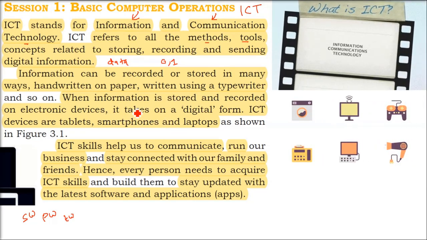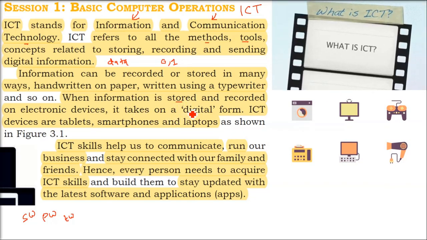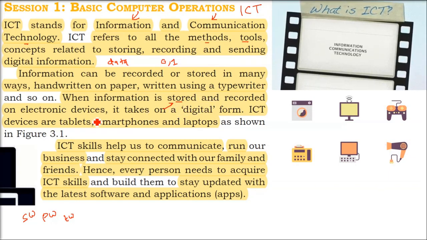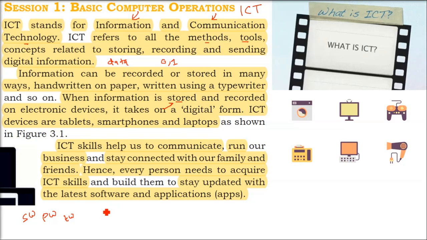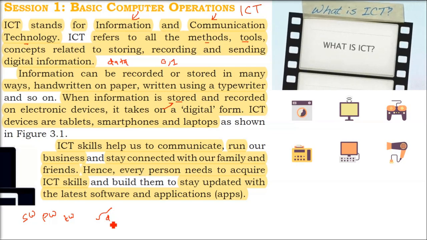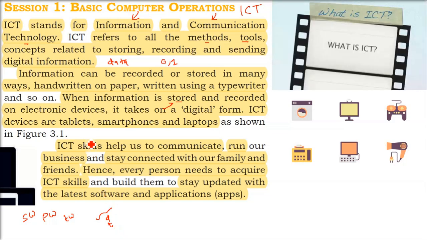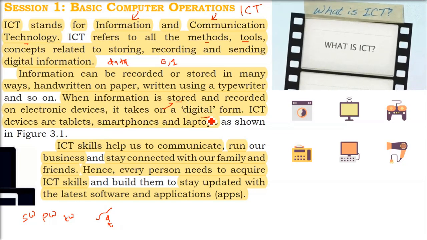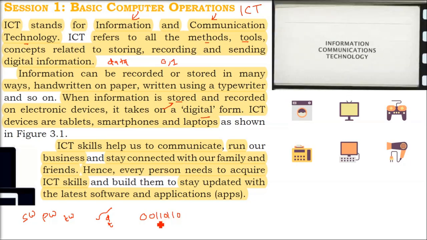So when this information is stored and recorded on electronic devices, I'm talking about all the devices, storing and recording means that once you shut it off and power it on again, the data should remain there. This is the digital form. In these electronic devices, we have wiring, soldering, diode, triode. There are so many electronic things there. In all the tablets and mobiles you are dealing with day to day, the data is in digital form, in the form of 0, 1, 0, 1.